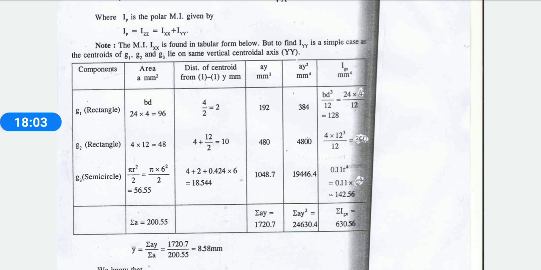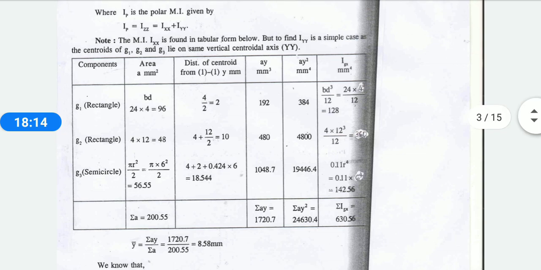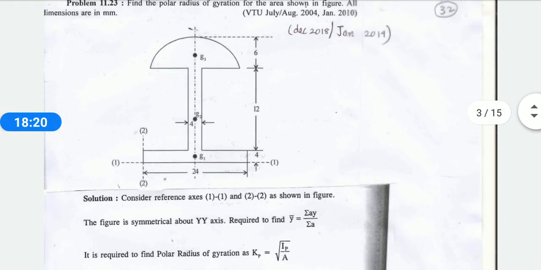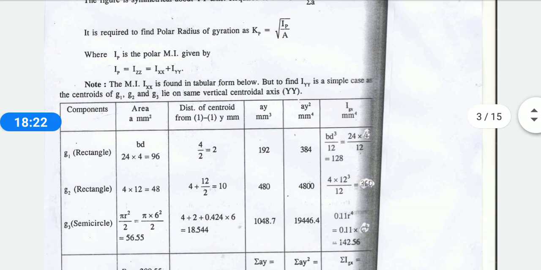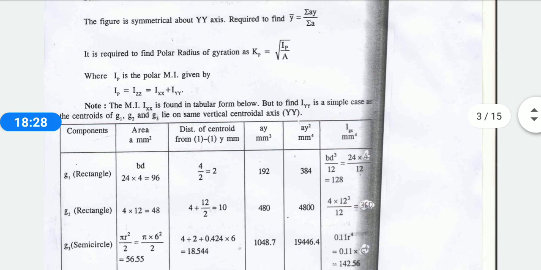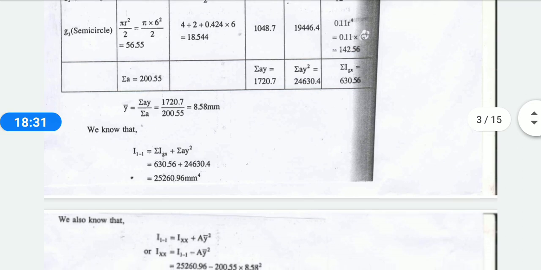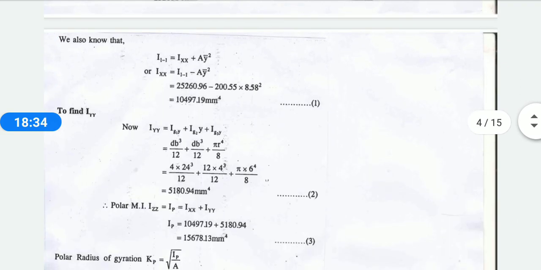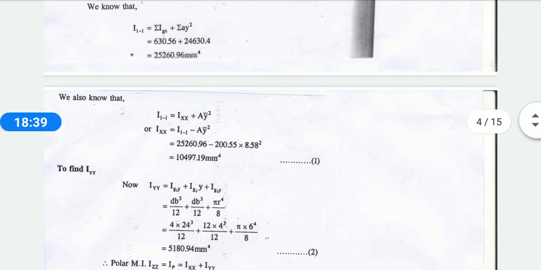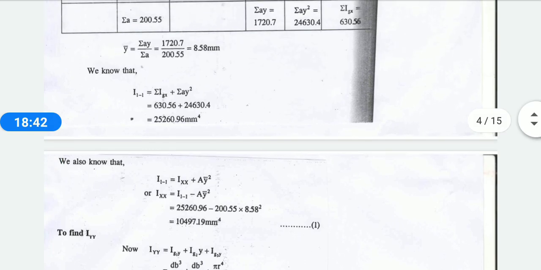We can take the help of the table, study the table well, because this whole module is only with the help of that table. So the area is equal to B into D for rectangular elements, and for the semicircle it is equal to pi r square divided by 2, where radius is equal to 6. So substitute that 6 and get pi r square divided by 2. Then we are going to find our y. Why are we taking only our y and x? See, whenever we are doing the sums, we need to find all the values corresponding to that, so whatever values we need, we have to find them prior in the table column.